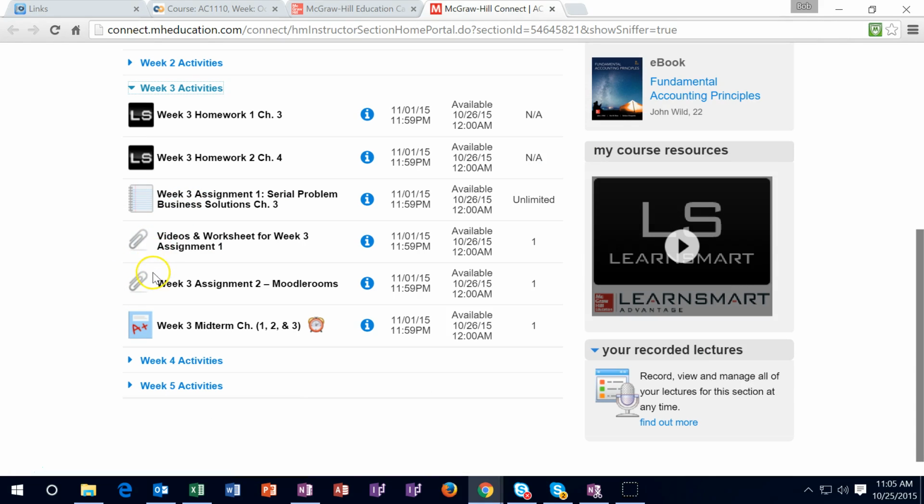Remember that these 2 paperclip things do not need to be turned into Connect. This one is just a duplicate of the Moodle Rooms assignment. This one is an Excel worksheet to help you to input the information here. So these Connect problems are longer types of problems. This type of icon indicates a longer problem. So don't be intimidated by the longer problem. Use the Excel worksheet resource to pick up a lot of points on those types of problems, because you have all the information in these types of problems, and you often have the trial balance. These are actually a little bit easier in some ways to figure out what is going on because of that. So make sure to use this resource in order to work this problem.